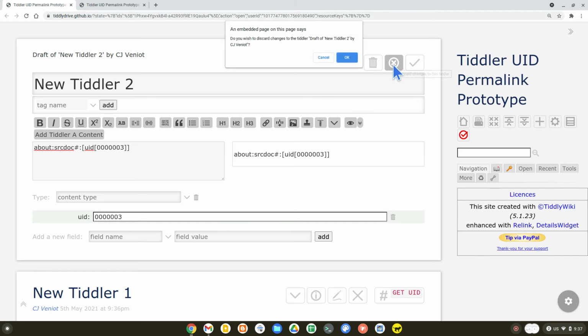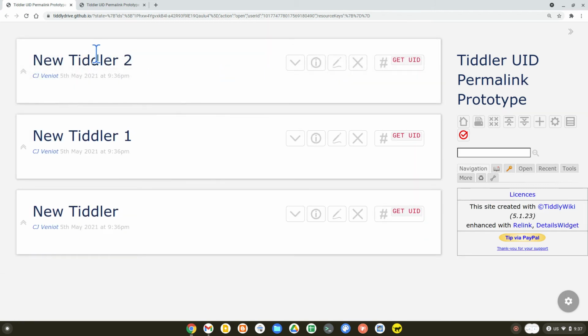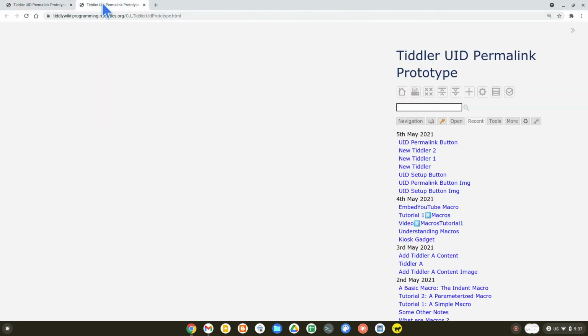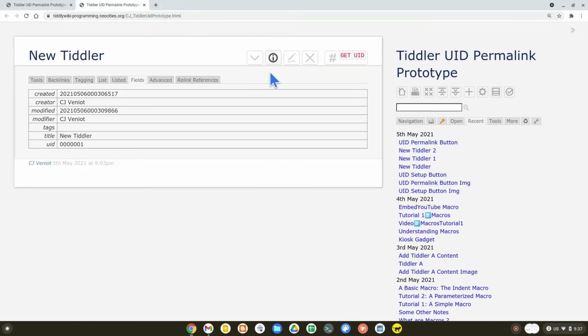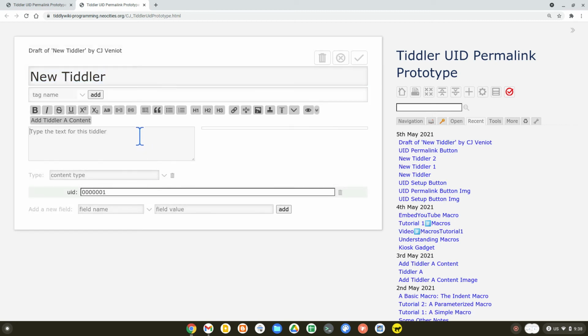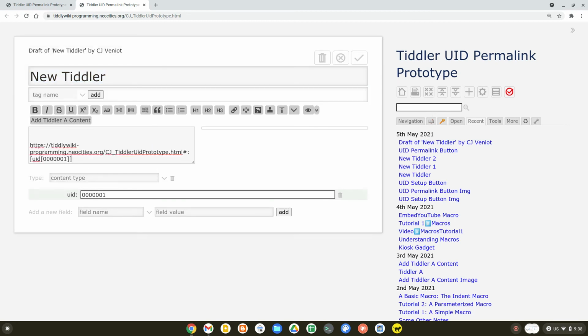So let's forget about this TiddlyWiki for a second, and let's go to the one that I do have hosted on the web. In a TiddlyWiki that's on the web, when you want to get a UID, copy to the clipboard, what we wind up getting is something that looks like this. And this little magic right here,